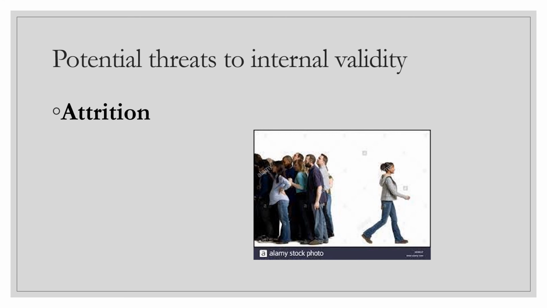Now, there could be an eighth threat to internal validity, which talks about interaction among these threats. For example, if students in an 8 a.m. class are assigned to one treatment group and students in a 2 p.m. class are assigned to a different treatment group, and if students in the 8 a.m. group drop out of the study in greater numbers than students in the 2 p.m. group, any final difference observed in the dependent variable might be the result of the fact that the early risers are for some reason more likely to drop out than students who like to sleep in a bit.